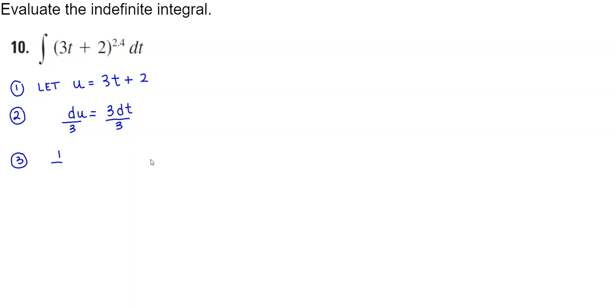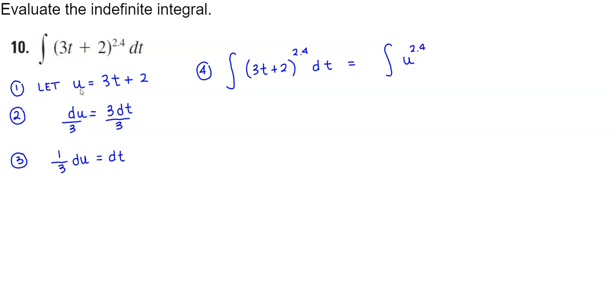And so we end up with 1/3 du, which is equal to dt. So now let's go ahead and rewrite the original question. So we have the integral of (3t + 2)^2.4 dt. So now we're going to use the original substitution, which is 3t + 2 is equal to u. So therefore, this is going to be u^2.4 times dt, and dt down here is equal to 1/3 du. So that's times 1/3